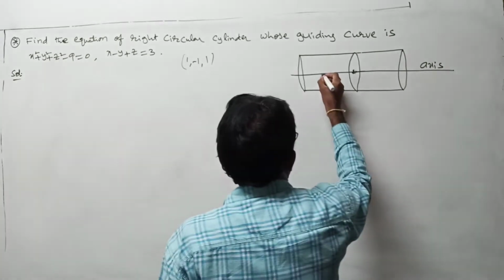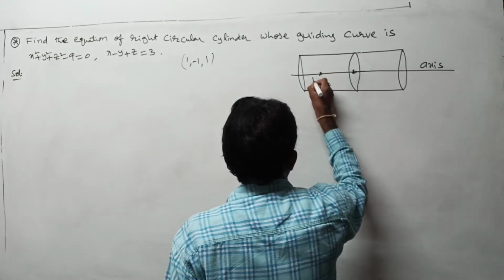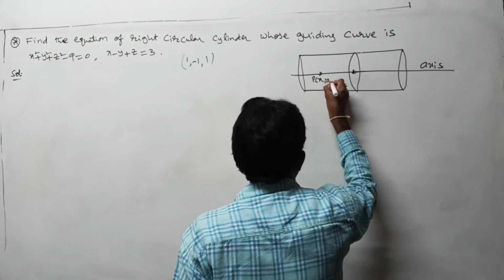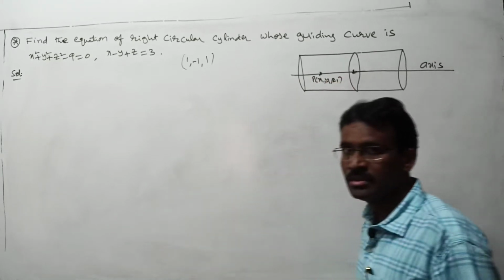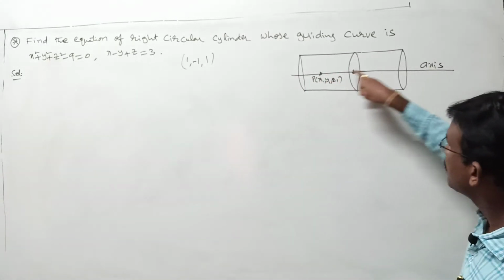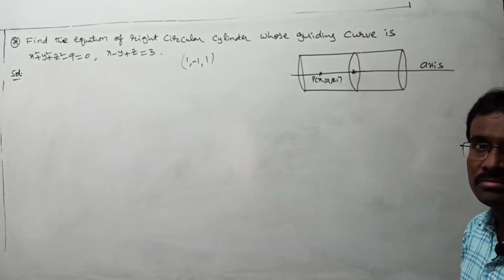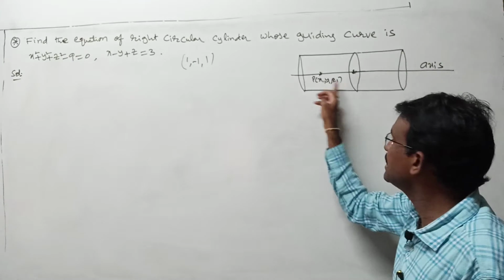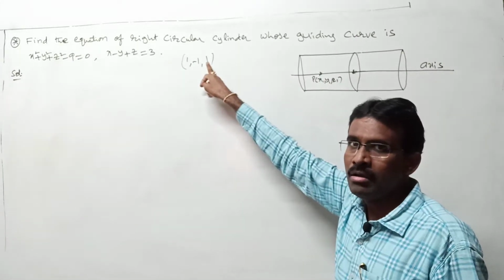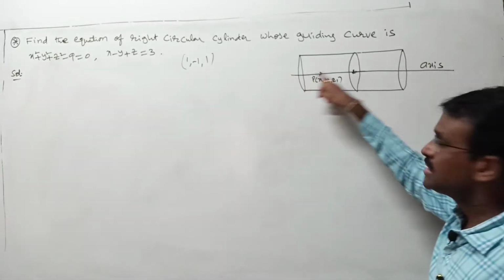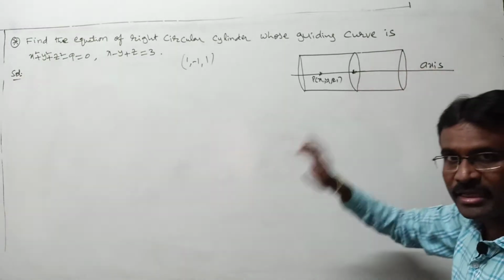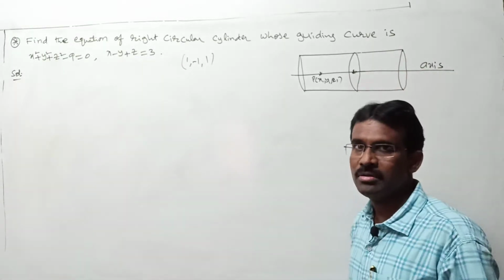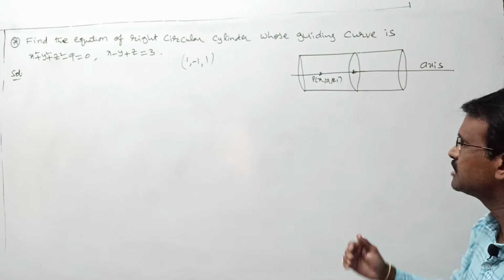In the next step I want to take a point P, which is x1 comma y1 comma z1, on the axis ma. Now let us go to your axis line equation ma. X minus x1 by l equal to y minus y1 by m equal to z minus z1 by n ma, right? That is your axis line equation ma. After getting that we can proceed with the remaining work ma. I mean after getting that, roughly I will explain ma.